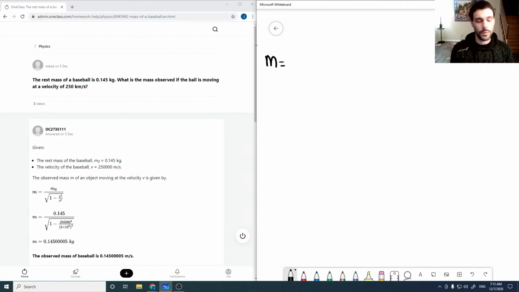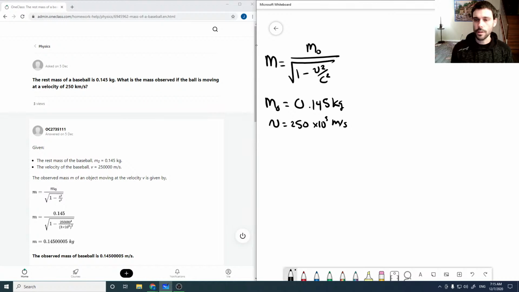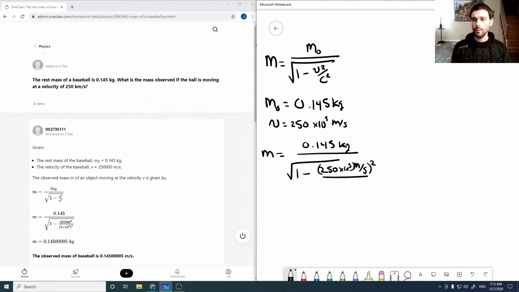So our mass that we observe is our rest mass over the square root of 1 minus the velocity squared over c squared. We're given that our rest mass is 0.145 kilograms and our velocity is 250 times 10 to the 3 meters per second. So our observed mass is just 0.145 kilograms over the square root of 1 minus 250 times 10 to the 3 meters per second squared over 3 times 10 to the 8 meters per second squared, which is the speed of light,